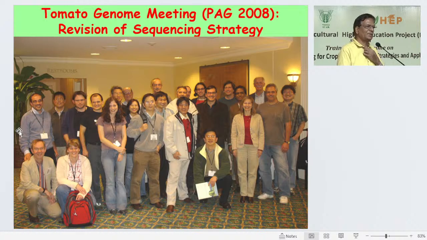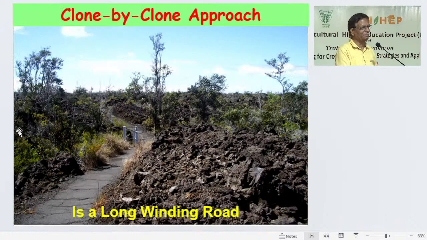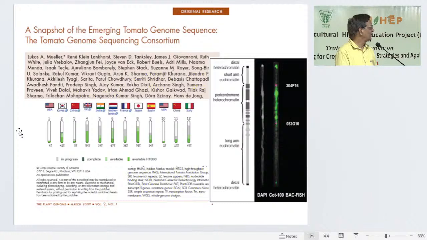And how do you know it is slow? You don't know it is a slow process until you have a faster method. Like you don't know the bicycle is a slow means of transport unless the car was invented. So in 2008 we realized that we were doing a very slow method. Okay, it was a fast method for that time, but in hindsight, it became a slow method. So it was a long clone by clone approach, a long winding path. So this particular work was stopped here, and one paper was published as a draft sequence, incomplete,